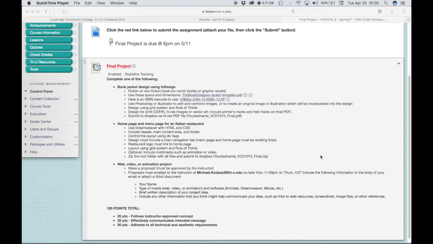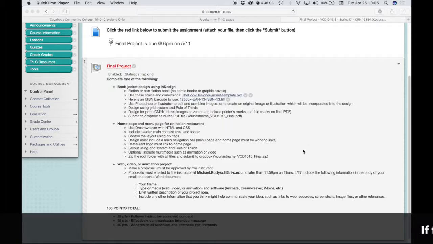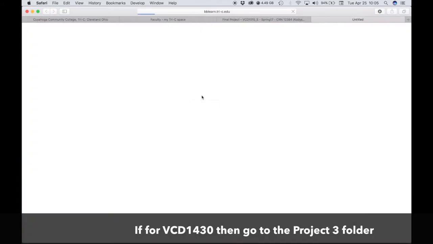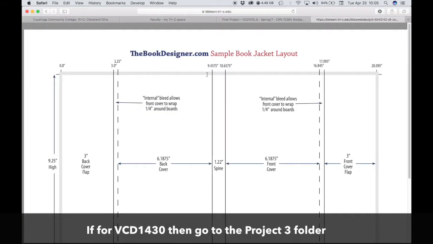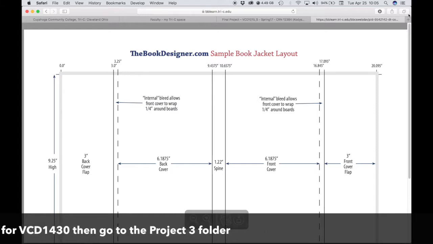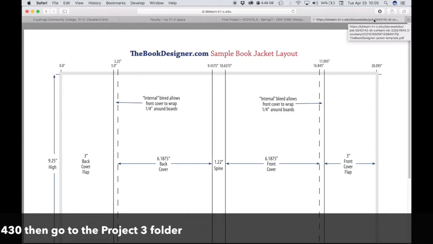Book jacket design document in InDesign, you need a couple of files from Blackboard. So in the final project folder, you need the book designer jacket template as a PDF, and then you need an ISBN barcode. So let me just go ahead and open up the book jacket template. Now this is a PDF. You can download it. I'm just going to view it in my browser window,